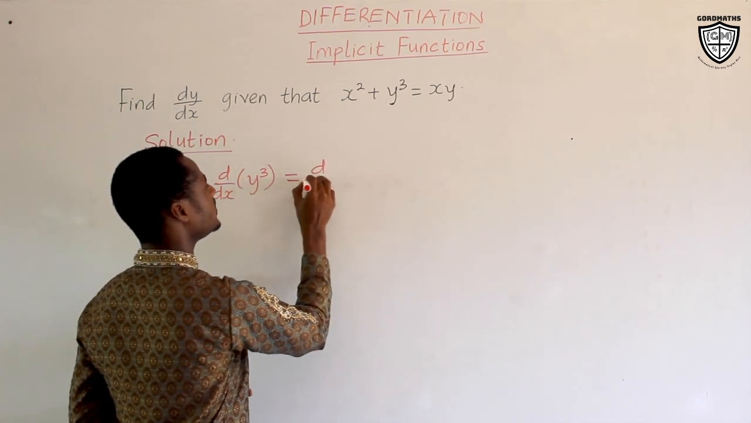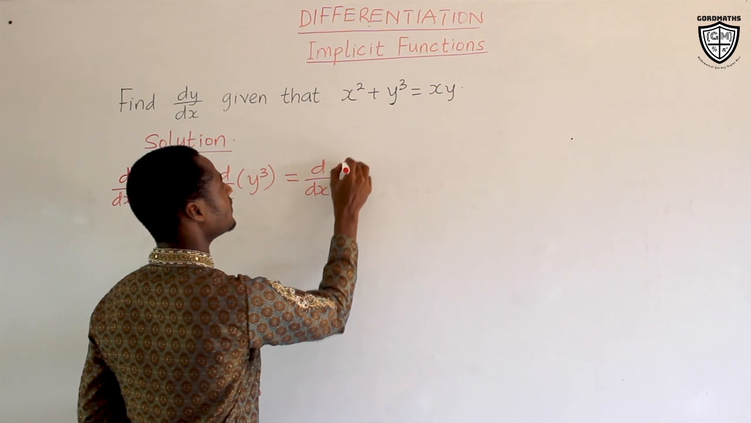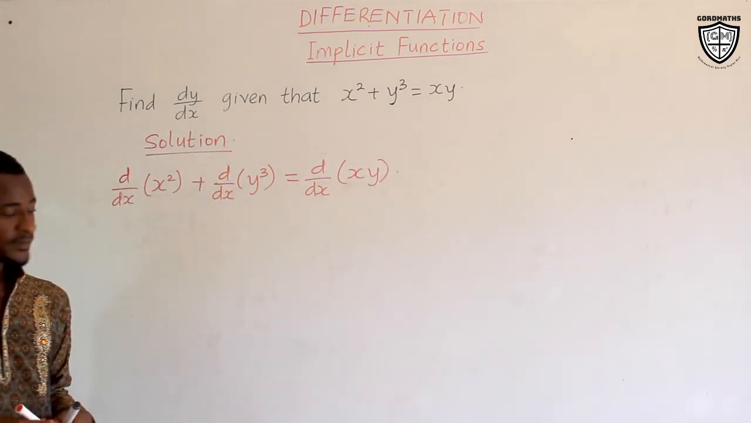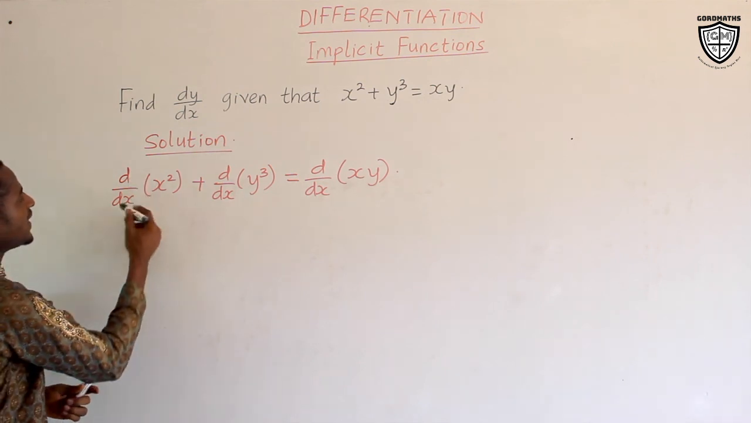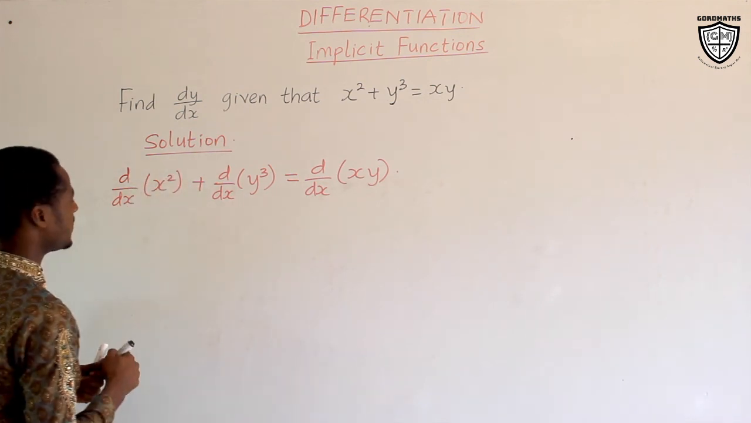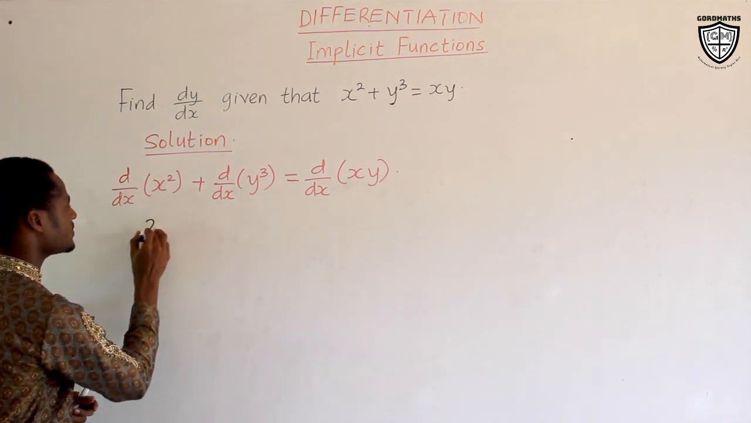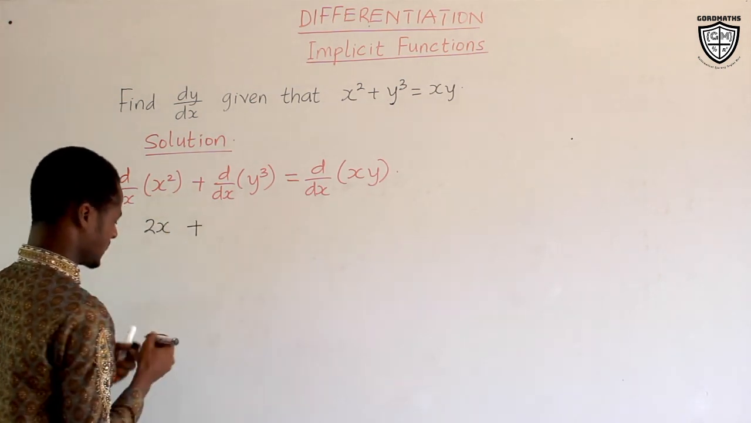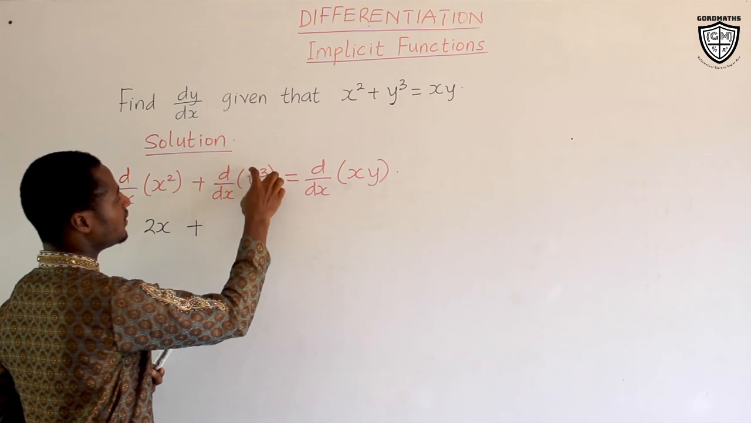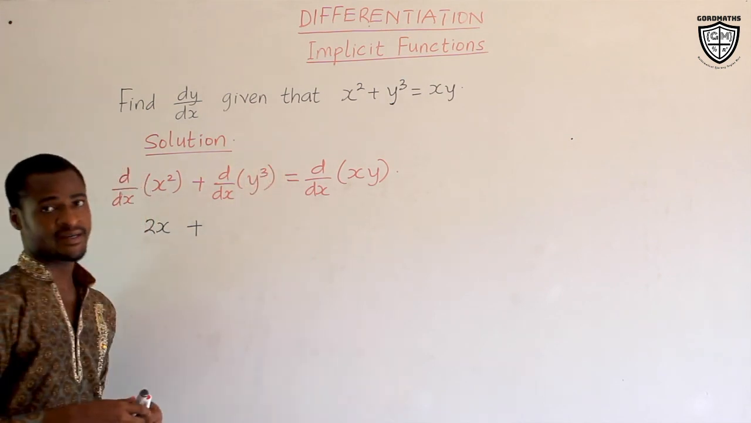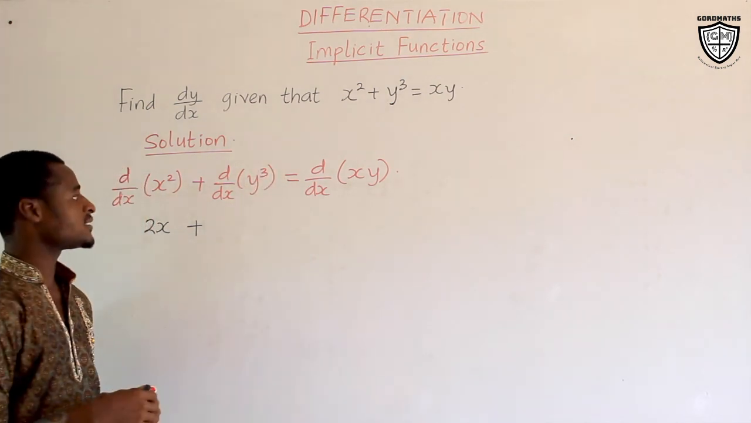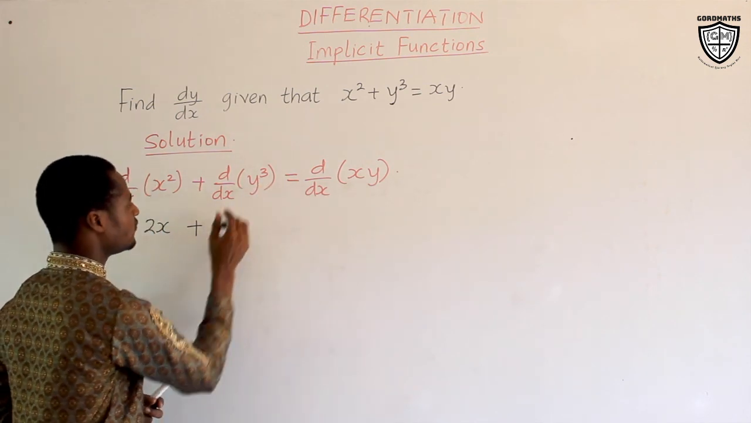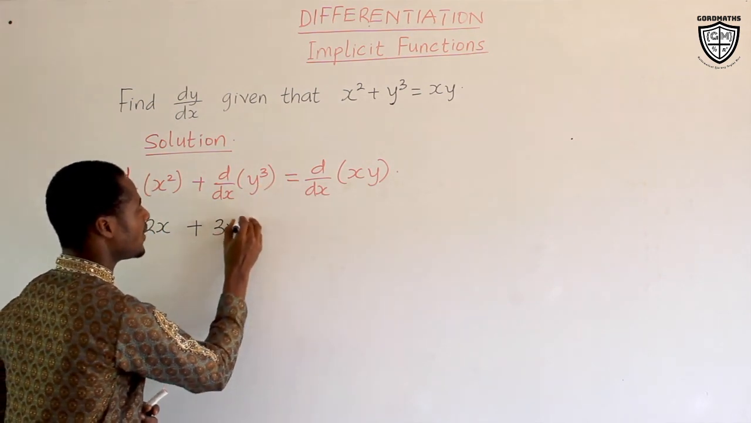And so we will have d/dx of the function x squared plus d/dx of y exponent 3, and that is equal to d/dx of xy. d/dx of x raised to the power 2 will give us 2x plus d/dx of y exponent 3. As done in our previous examples, we will differentiate this with respect to y, which will give us 3y squared,